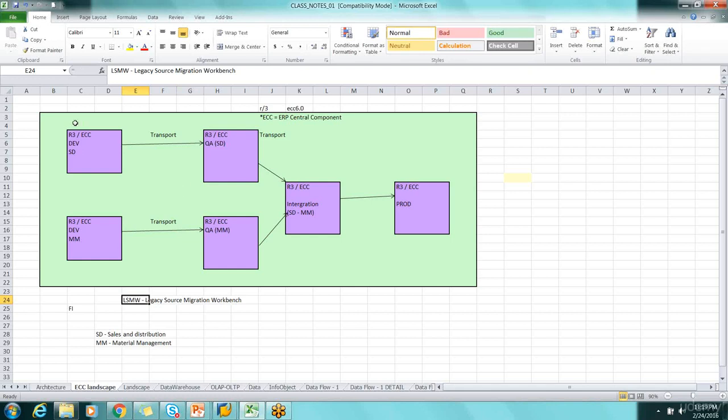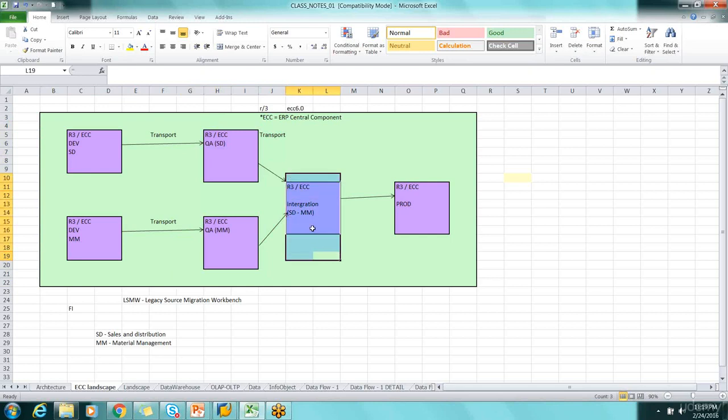Okay, so this is an SAP recommended methodology to bring in data into ECC. Okay, so we have the development environment. Now, just for example, I've told the sales and distribution and MM. Again, there will be something called QA. Okay, QA environment, right? And also there is something called